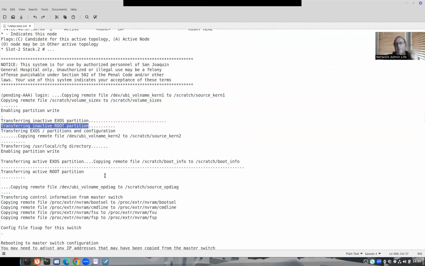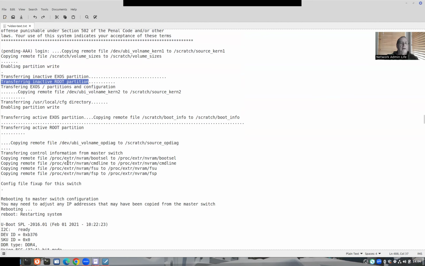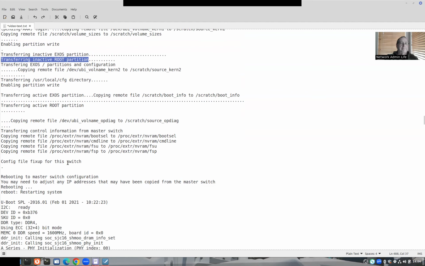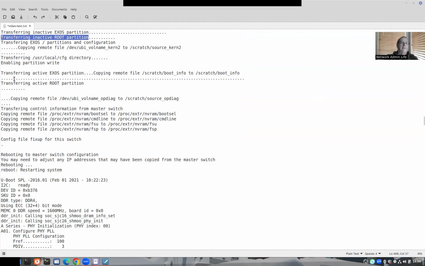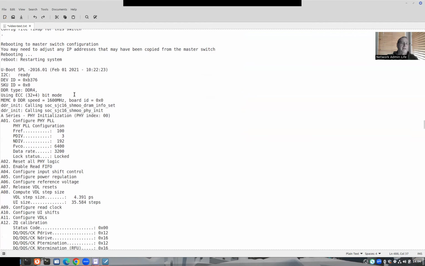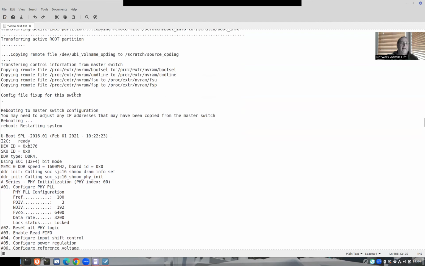And then my brain started rationalizing it. Well, of course, it's got to transfer the configuration from the existing switch to the new switch. Okay, yeah. And then it started doing all that. It's transferring partition information. Rebooting to master switch configuration. That's when my heart sunk